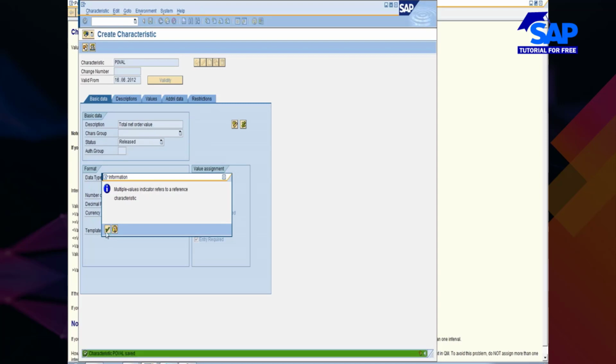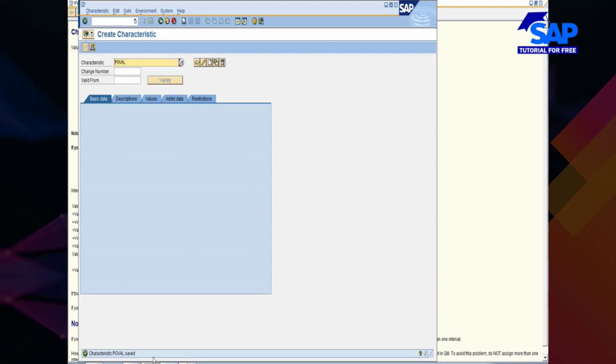Why is it not moving? Okay, PO value is created. Now you could see